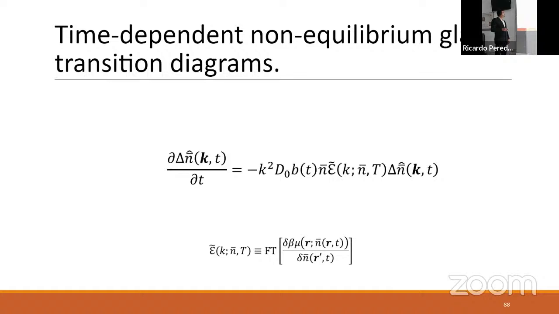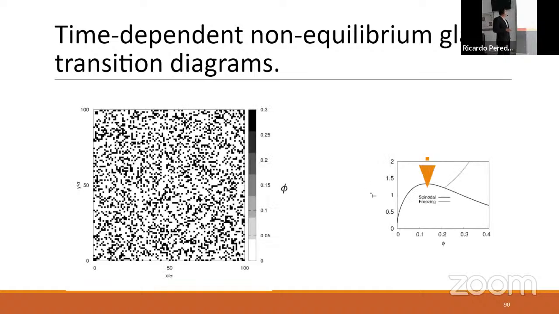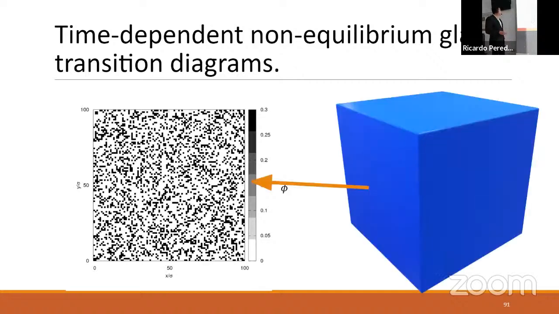So what happens when we consider such linear approximations? We end up having such equations which we can actually solve, and whose solution is given through this equation, where omega of k and u is just the propagator of the function. And with such equations, this is an initial state of our system in which we will be describing a volume such as this,